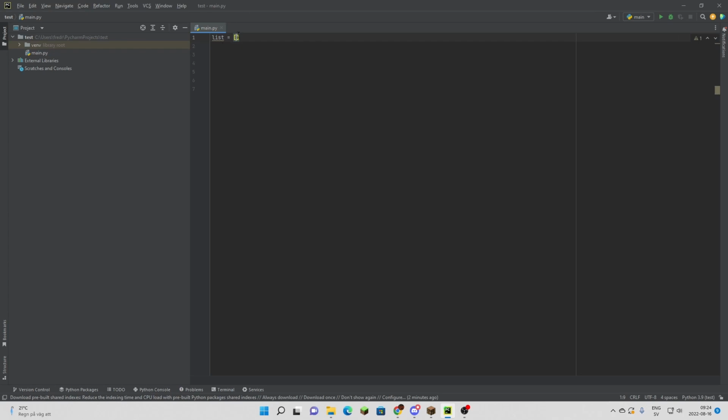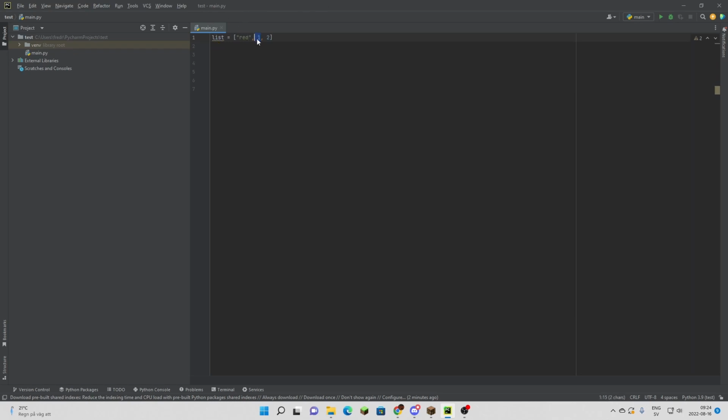I don't know what these are called actually, but yeah, you need to use these. And in these you are putting what you want to be stored in the list. So for example, we can store numbers, we can store 3 integers like that, or we can store strings like